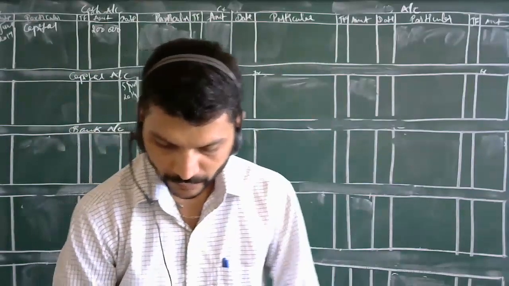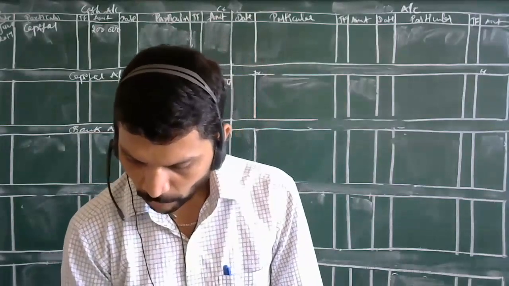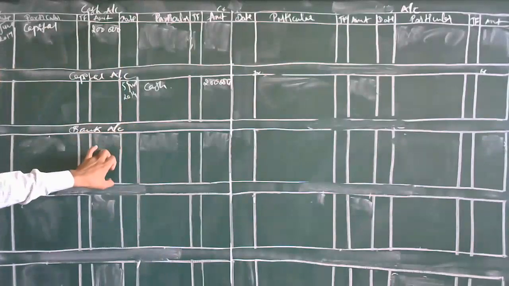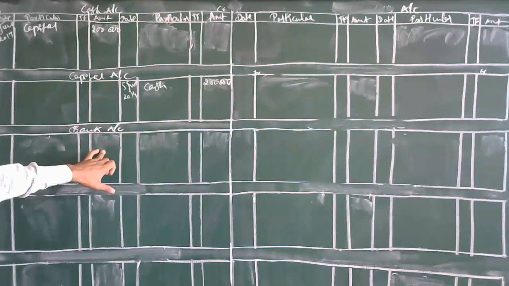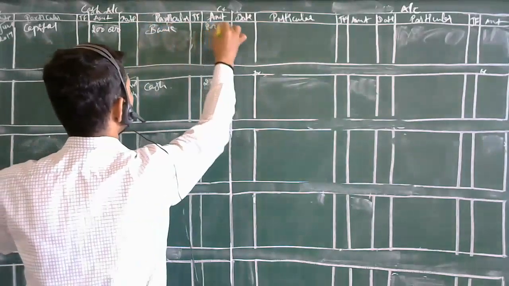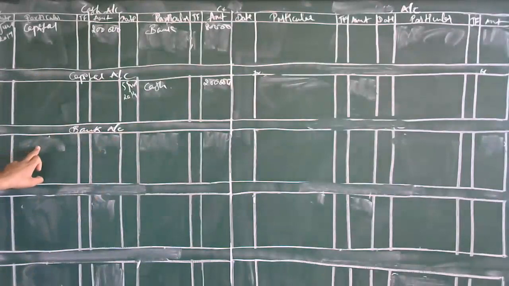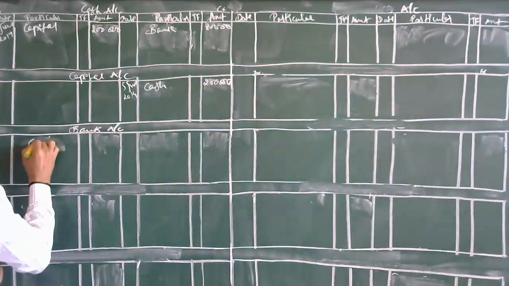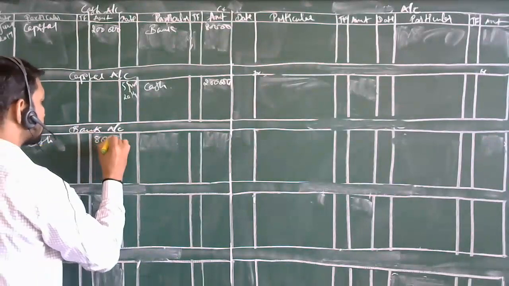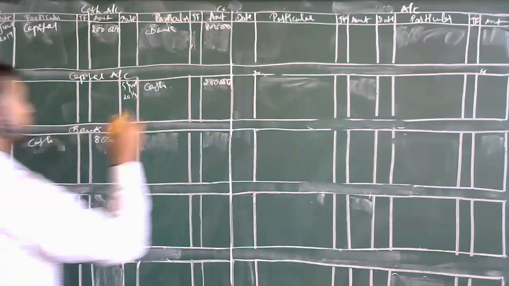Second entry. Opened a bank account with Syndicate Bank, 80,000 rupees. Now what will be the next entry over here? We are opening a bank account in the Syndicate. Here the entry will be 80,000 bank. Here I will write 80,000 under the bank. And in the bank account, what should I mention over here? Cash, 80,000. What is the date for this? The date has been given, 8th June. Mention the date, 8th June.